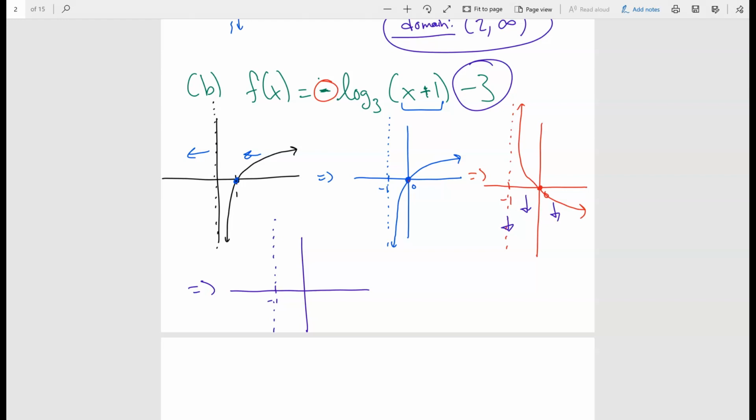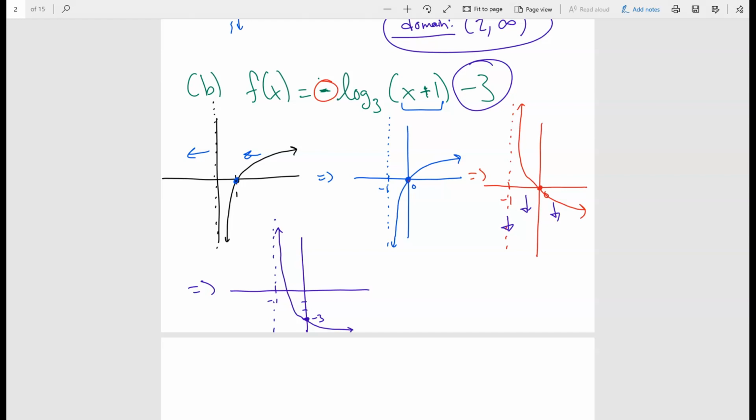Okay, so here we were at 0. Now we're going to go further down 3 units. 1, 2, 3. So now it's going to be right here. So now if I graph it, it's going to look something like that. Okay. Now you can find what this point is. When we solve equations, it might be a little easier to find these x-intercepts. It was easy for us to find it with the y's, with the exponentials, but with the logarithms, it's going to be a little difficult. We need to do a little bit of